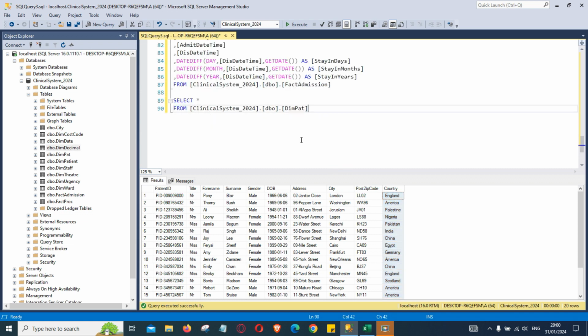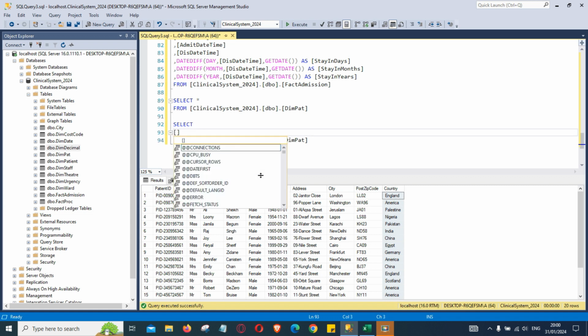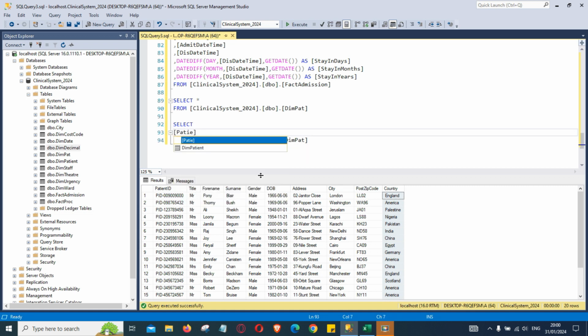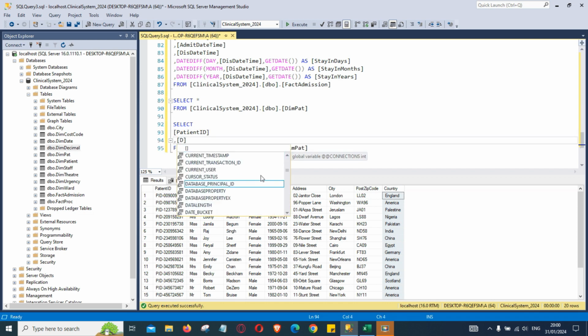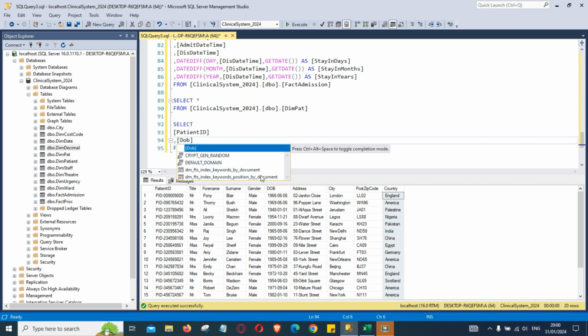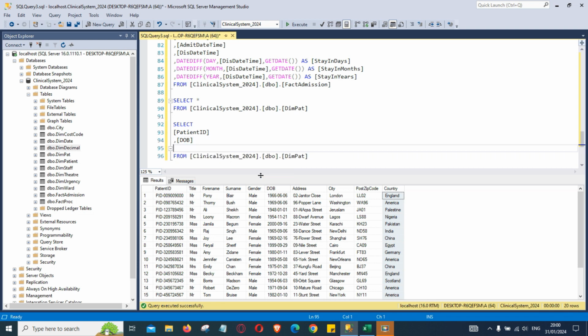Right, okay, so we want to know the age. Copy that code, paste it here, and then bring back some of the required useful columns. Patient ID can be useful. Then we need the date of birth of the patient, DOB, date of birth. Right, okay, so